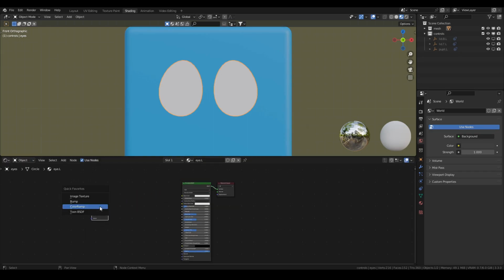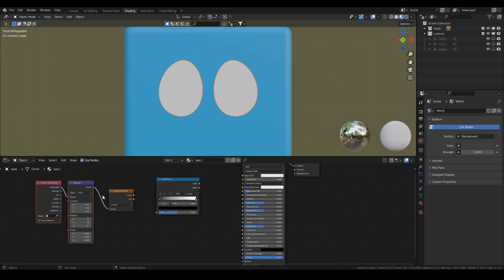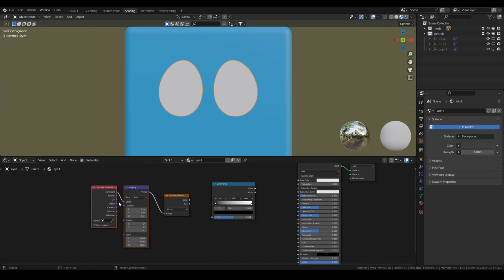I need a gradient texture, I need a color ramp, and I need mapping and texture coordinate nodes. Control and T to get those. If you don't have Node Wrangler, you should. Object to vector, select my pupil, and then I'm going to switch the color ramp to constant. I'm going to switch these over,